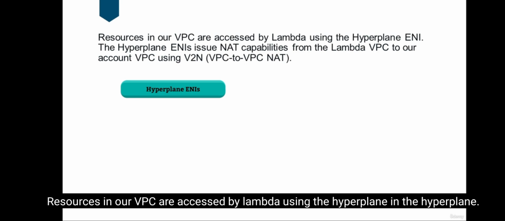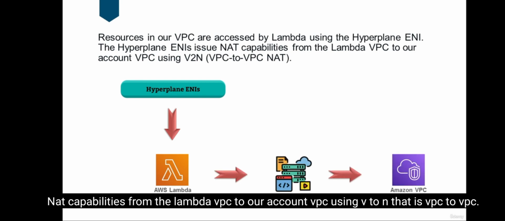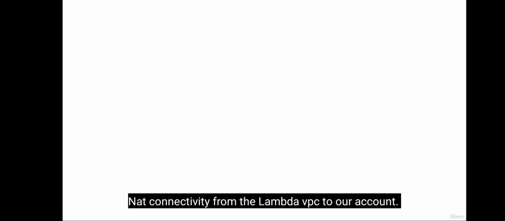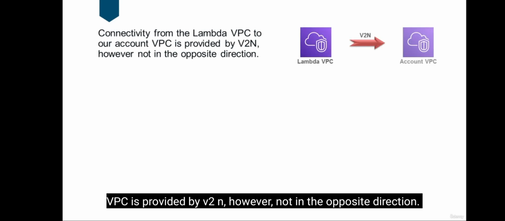The Hyperplane ENIs provide NAT capabilities from the Lambda VPC to our account VPC using V2N, that is VPC to VPC NAT. Connectivity from the Lambda VPC to our account VPC is provided by V2N,